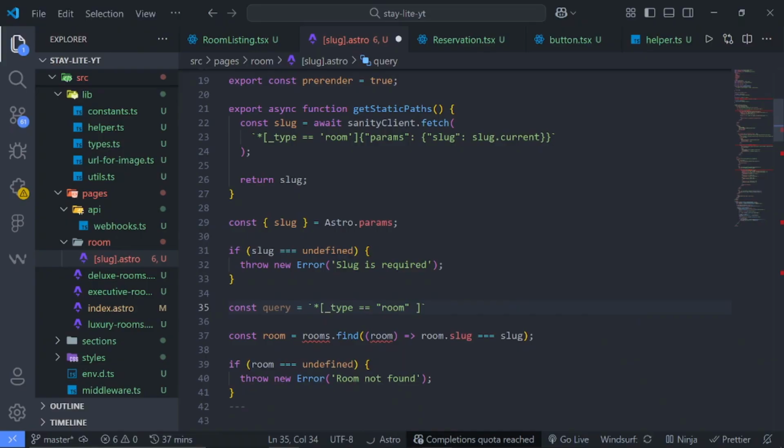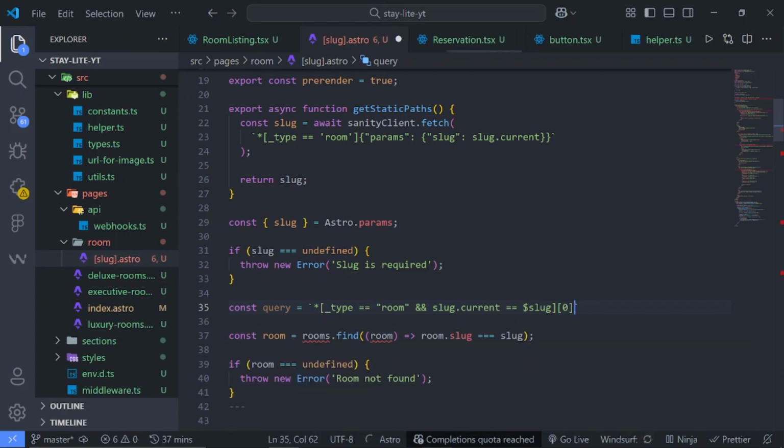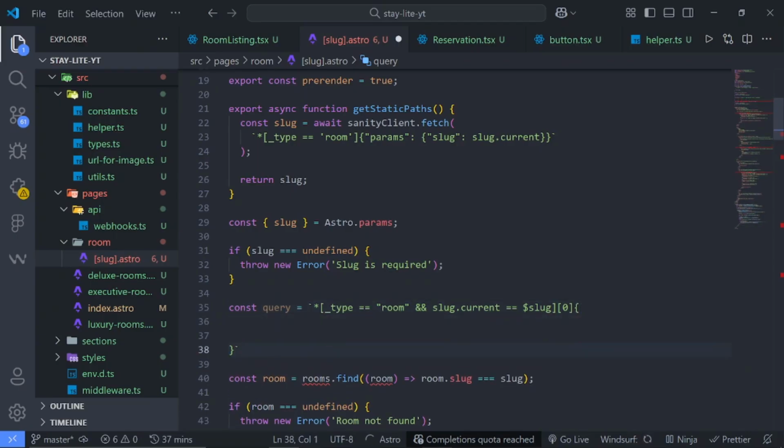I say asterisk, then say underscore type is equal to room, and remember we say slug dot current is equal to the slug. So basically this slug that's passed in, then we just want to get the first one. This should be 0, not 9,